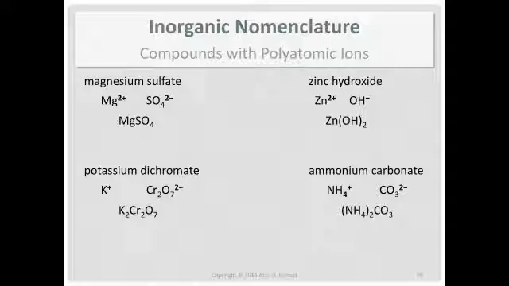Hopefully you can see that we're still following the same rules, and with the addition of the polyatomic ions, really the only rule change is when do you use parentheses. If you look at the MgSO4 on the upper left, we didn't use parentheses in it. It's not appropriate to put magnesium in parentheses and sulfate in parentheses. You only use parentheses when you have to, like the 2 examples on the right-hand side.